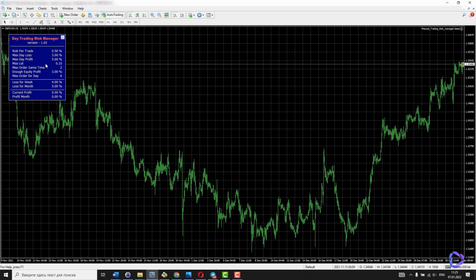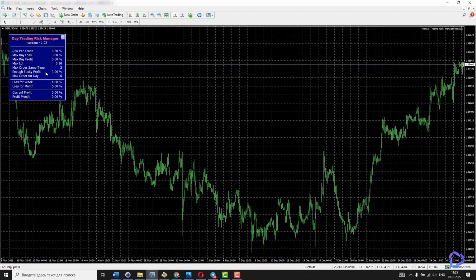The maximum lot you set for this account is the maximum allowed for opening. The quantity is the highest possible. The maximum number of orders that can be opened simultaneously is the maximum order quantity that can be executed at the same time. Enough equity profit refers to the specified amount of profit that you would like to close, expressed